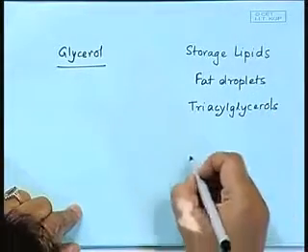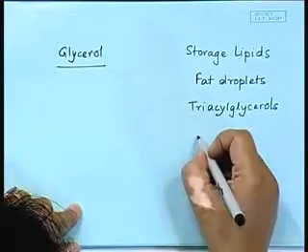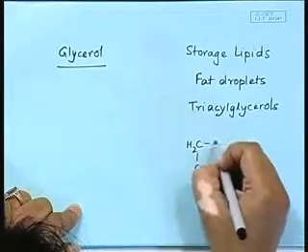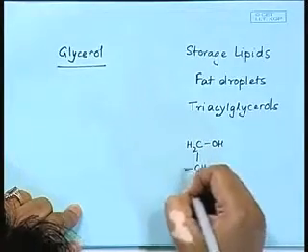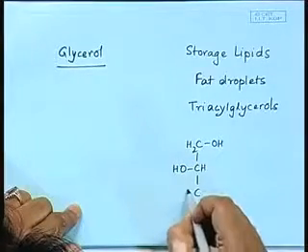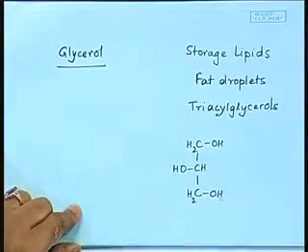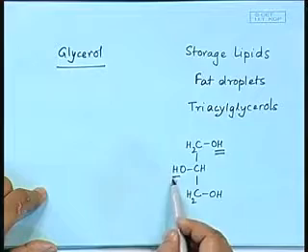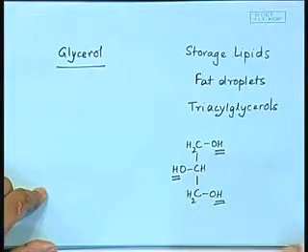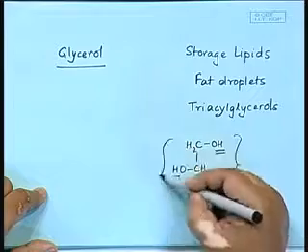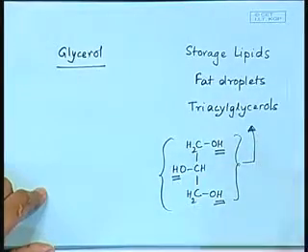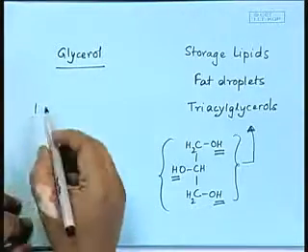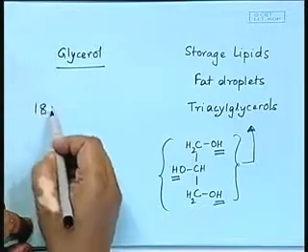What is the basic structure in this case? We have our 3 carbon glycerol, we have our OH, our OH, our OH. We have this replaced by a fatty acid, this replaced by a fatty acid, this esterified to a fatty acid. So, each of these esterified to a fatty acid is going to give our triacylglycerol. What can they be esterified by? They can be esterified by a series of fatty acids, and we learnt that if we have such a nomenclature,